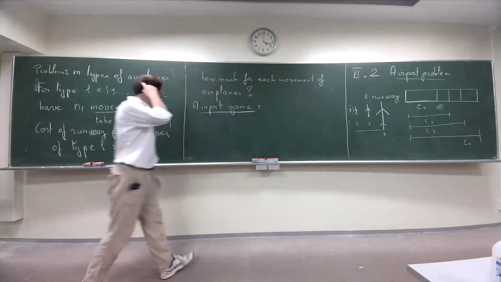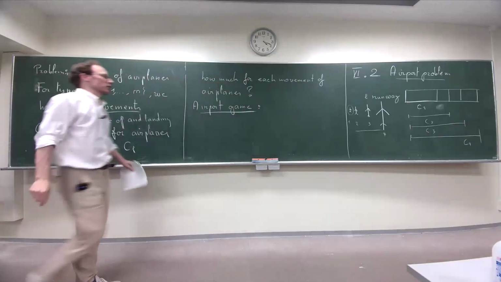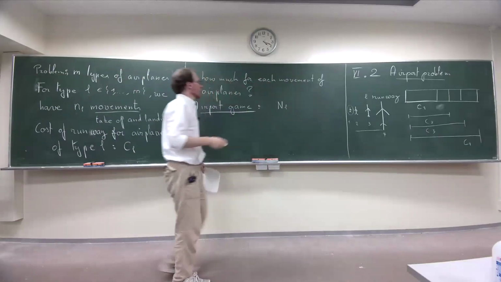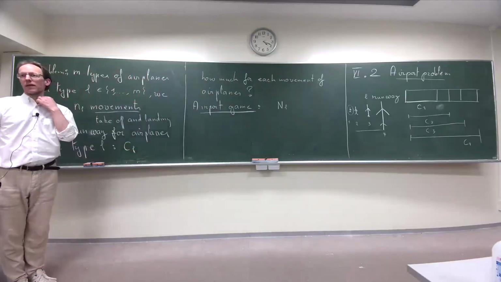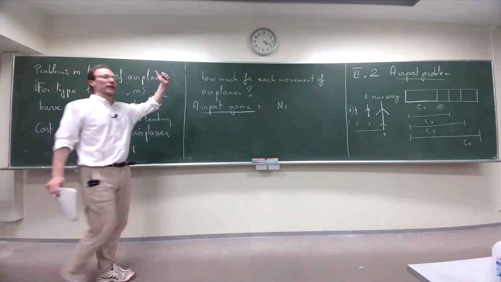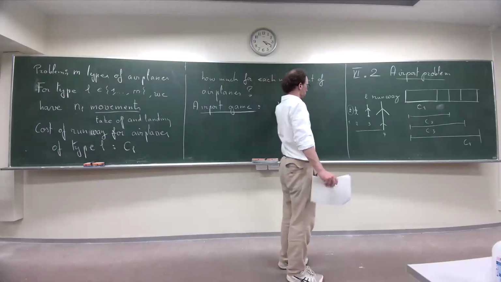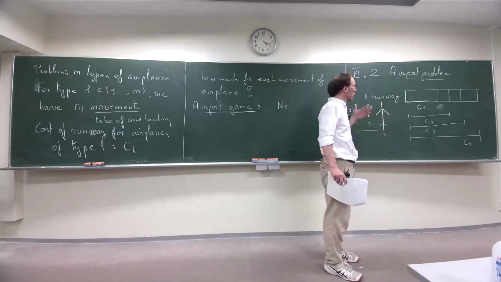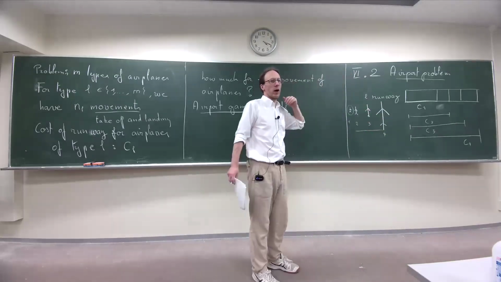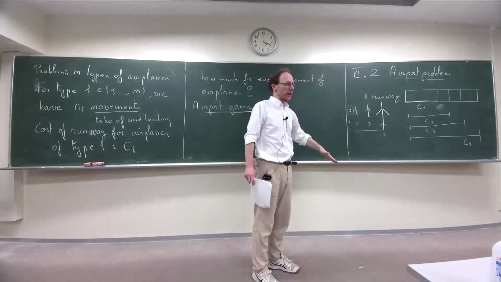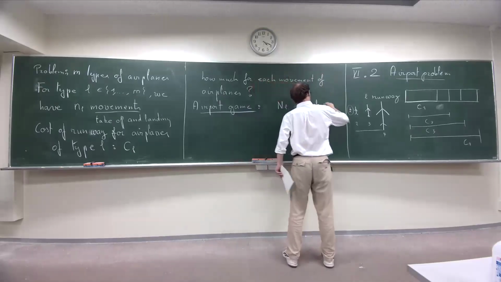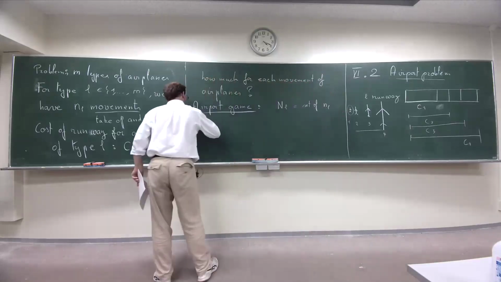I need to translate this problem into an airport game. So N_L, you can already guess, a player here is either a landing for a plane of type L or a takeoff. Because this is a movement, you want to know how much it costs for each movement. So one movement is either taking off or landing. So N_L is the set of N_L players